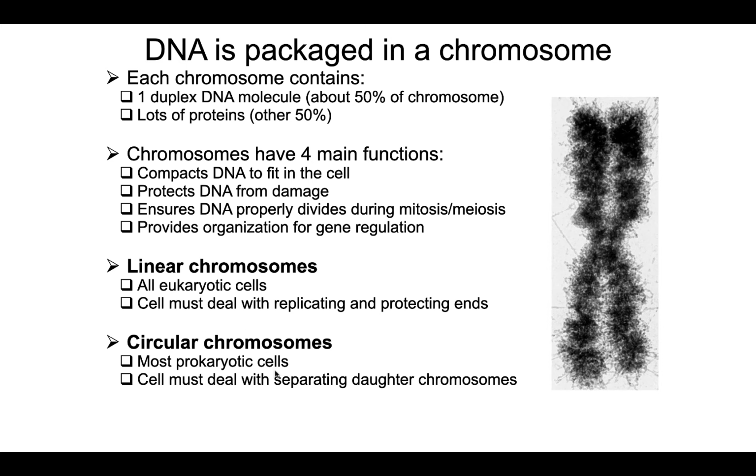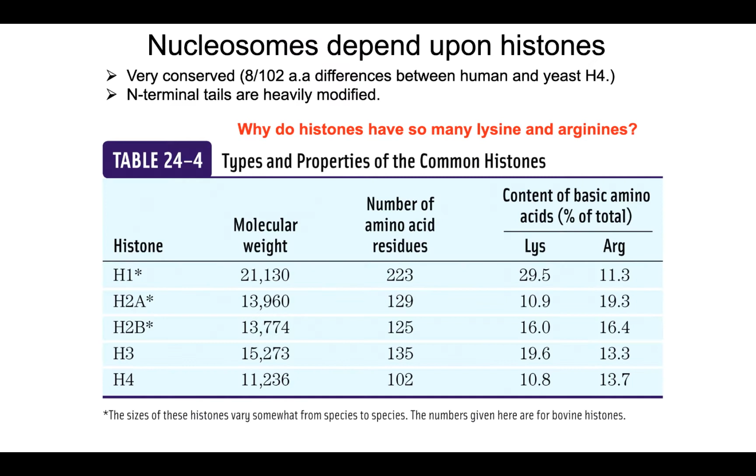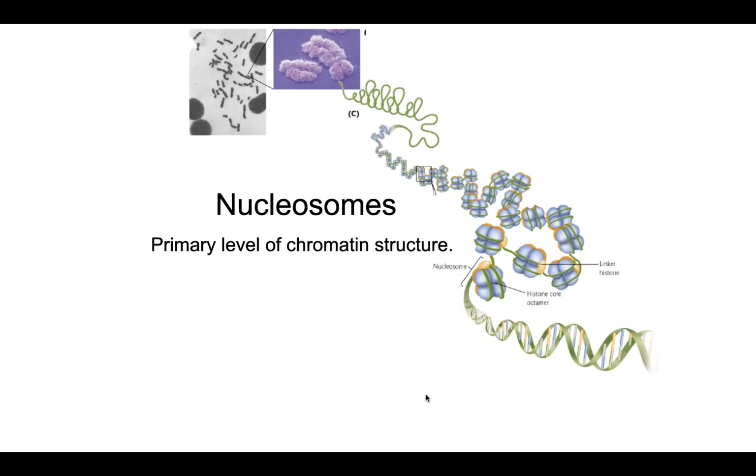Circular chromosomes don't have to worry about their ends because they're circular, but there is a problem with daughter chromosomes that get topologically linked at the end of DNA replication. So each one of the types of chromosomes does present a specific problem that the cell needs to have a solution for. So let's talk about the most primary level of chromatin structure, and that is the nucleosome, which is